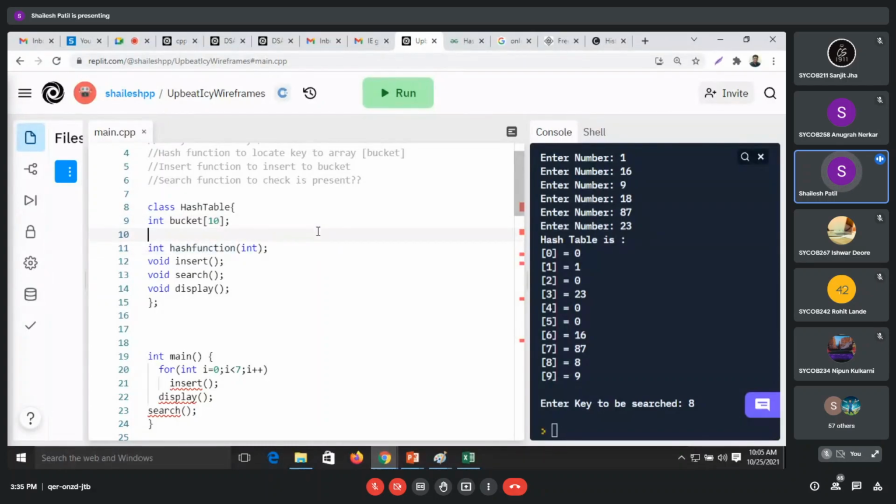Rest of the things, your data and your format specifiers like public, you can write, so now all this becomes public. Below, in main, I have to create one object, hash table ht, so I have created that and only by calling it I have to write this ht dot.